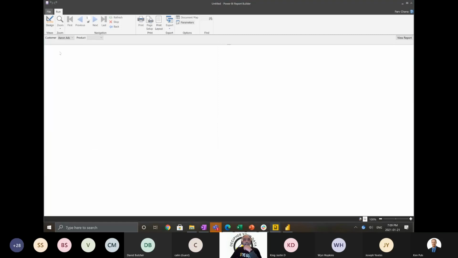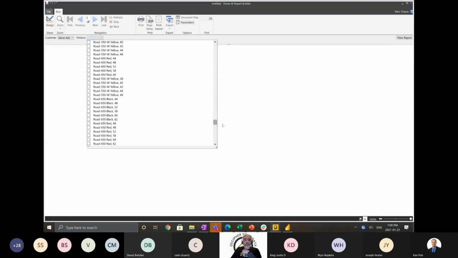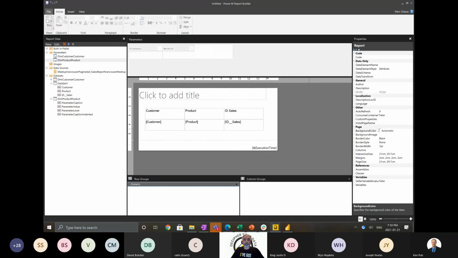Now, here is one of the challenges which I came across when I was doing something like this. It's showing me all the products, but I don't want to see all the products. I just want to see the products which have some sales and whatnot. So how do I make this parameter not show me all the products, but only the products which have sales? So the one way to do that is